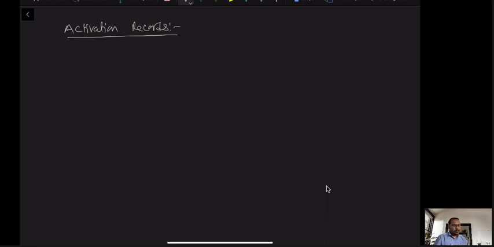We have a main function, and inside the main, let's say we have integer x, and x is calling a function, let's say fact of 4. For simplicity, I am just taking a smaller number, 4. And in the next line, let's say I am printing x.